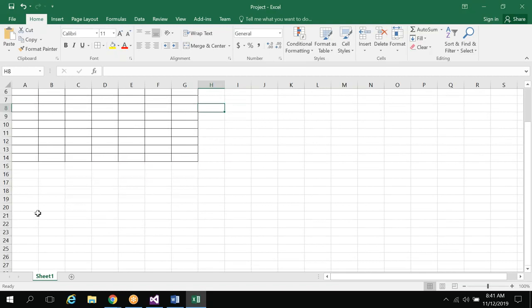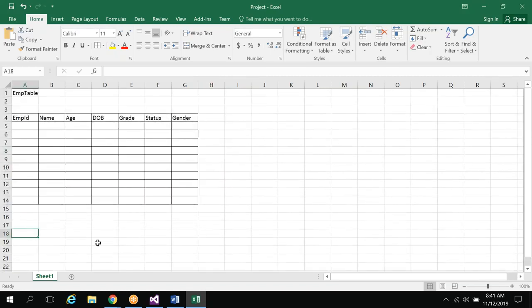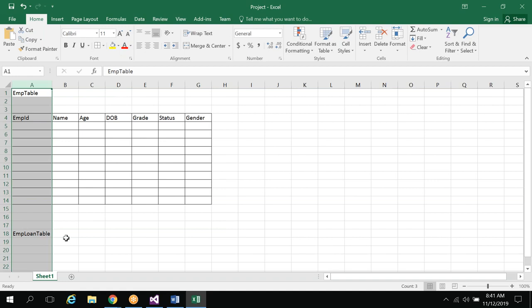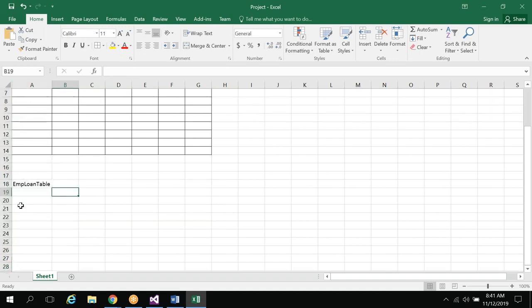For this table, we will create one more table called the employee loan table. In this loan table, again something like employee ID, so it is a primary key concept.